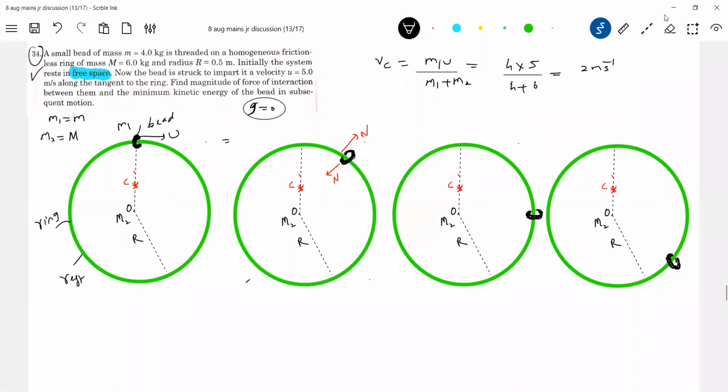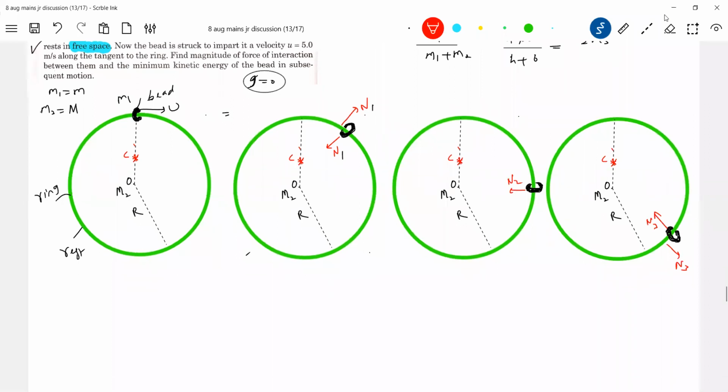Okay, this is what is happening. So call this N1. That force will be a variable. N2 here, N3. So finally, now when the bead comes to the